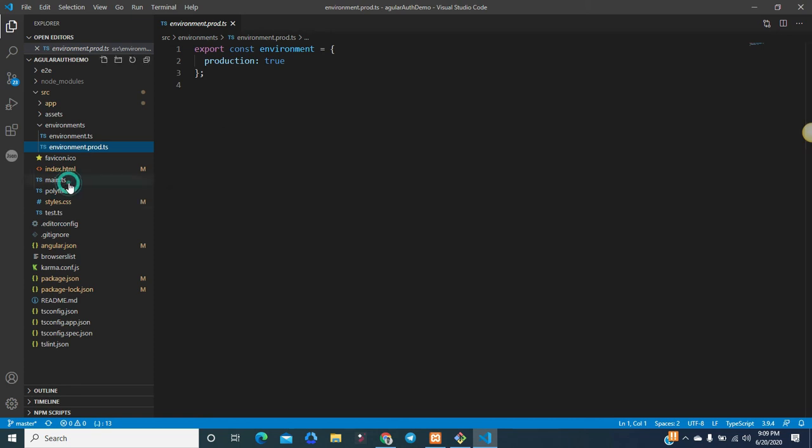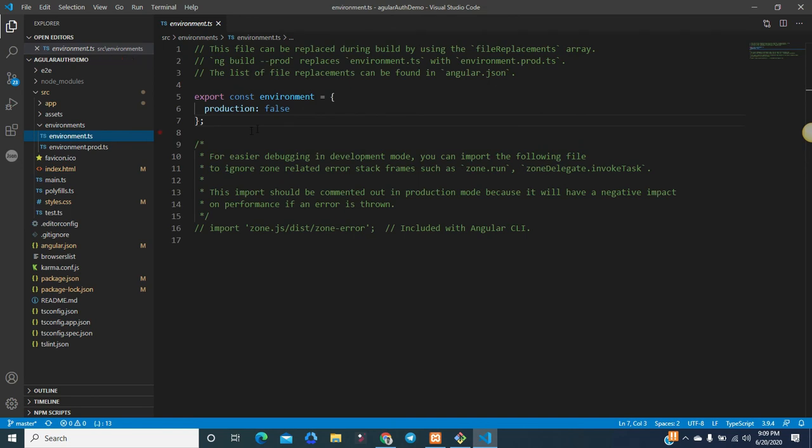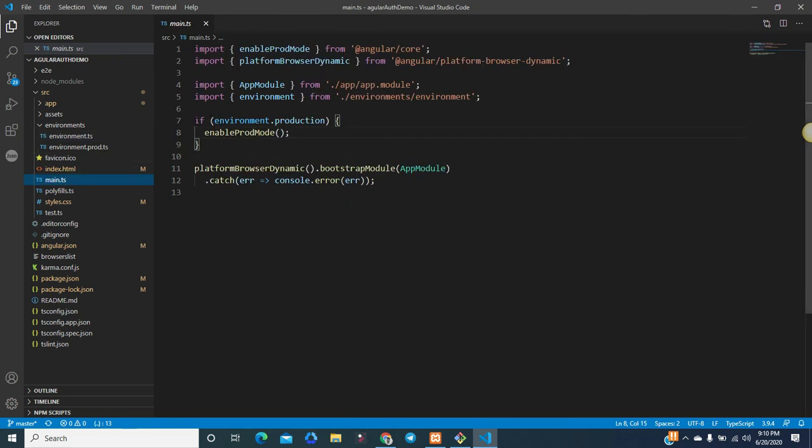So basically in main.ts you will find the flag environment.production. It will go to the environment file and check the variable production, and it is false. If it is false, then this will be a false condition. That's why the enableProdMode function will not be called.